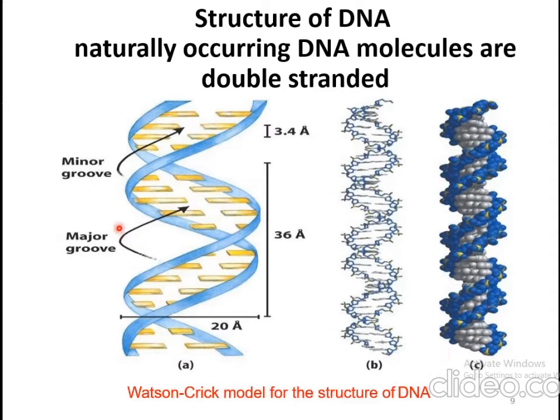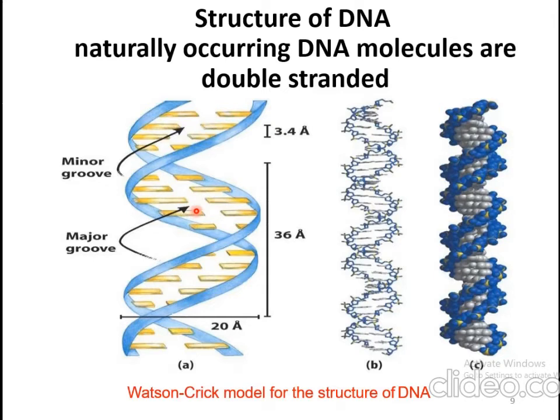There are major grooves as well as minor grooves of DNA. In the major groove, there are more base pairing and more phosphodiester bonds than in the minor groove. In the minor groove, there are few nitrogenous bases paired with pentose sugars and the nucleotides are few, where you can see more nucleotides in the major groove.